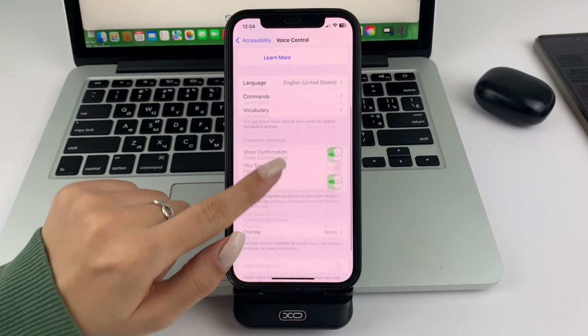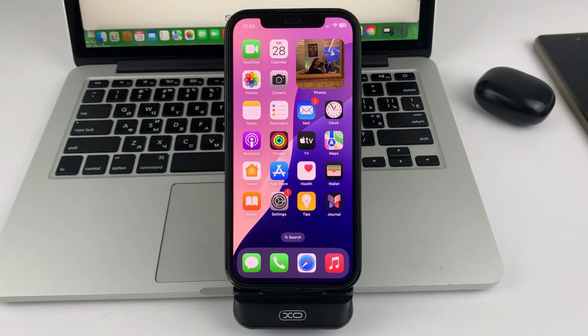Next, please go back out. Go to the side button section. And here you can also disable, for example, your voice control through the side button. This is when you press and hold on the off button, which is on the right side of the phone. To disable it, just tap on the third option to turn it off. After that, when you hold your finger on the off button, you will no longer call Siri and voice control. This is how you can easily disable voice control on your iPhone.